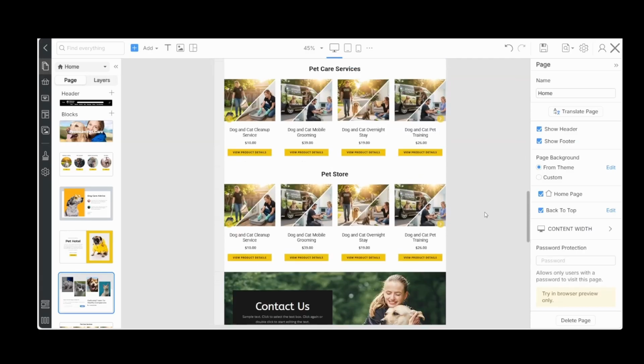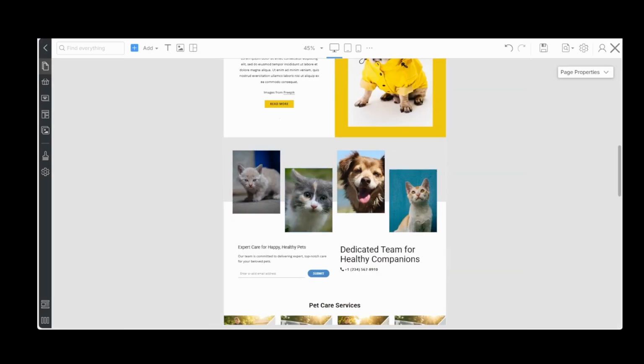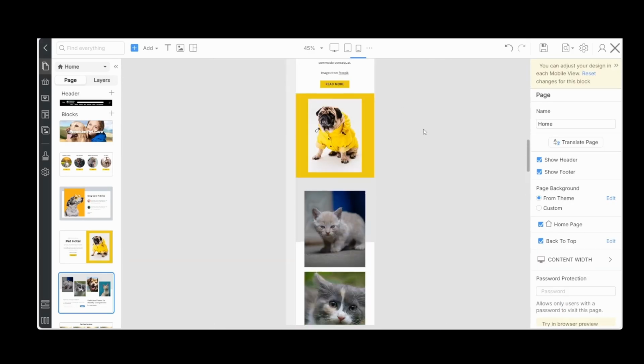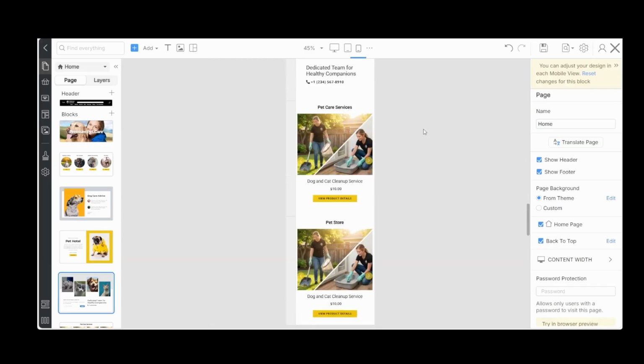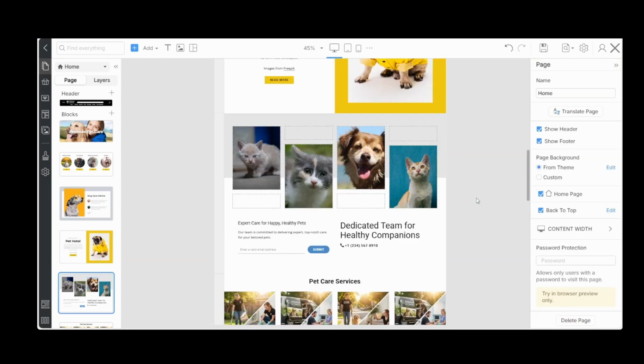Not quite the same color style, but we can fix that. Let's take a look, see what it looks like in mobile. Not bad. That'll work.